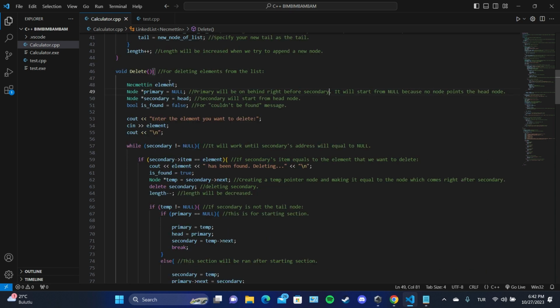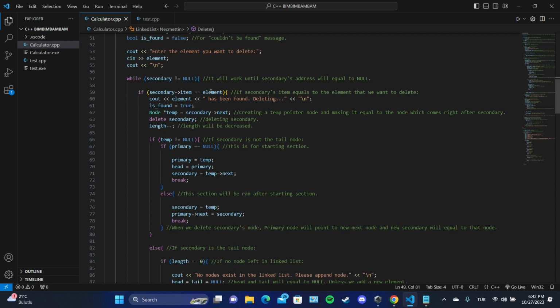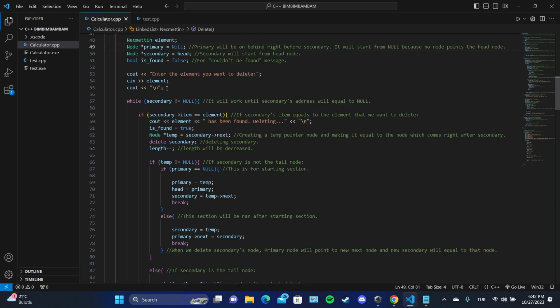And we declared the element again, as you can see, and primary will start from null, and the secondary node pointer will be equal to head. It will start from the head, and this is the found section for the informing messages. And we are inputting our element here, and in this while section, while our secondary is not equal to null,